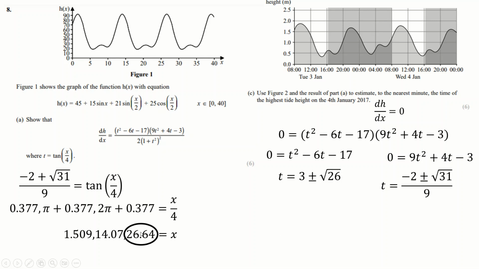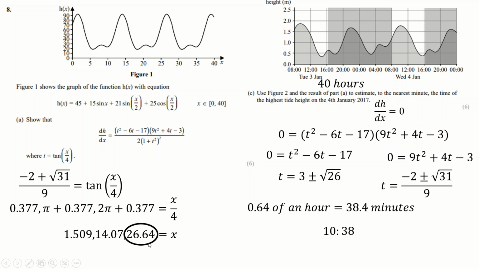And of course, x is 26.64, we want to be 26.64 hours beyond 8 o'clock then. Now, 24 hours beyond 8 o'clock is clearly this 8 o'clock. So we need to go another 2 hours, which takes us to 10 o'clock. And then 64.64 is, of course, not 64 minutes, because that doesn't exist. We do 0.64 times 60. I should have put this 40 hours thing in earlier, because I've talked about it a couple of times, but it doesn't matter. 0.64 times 60 is going to be this. So it's going to be 8 plus 24 is this, plus 2 is 10. So it's going to be